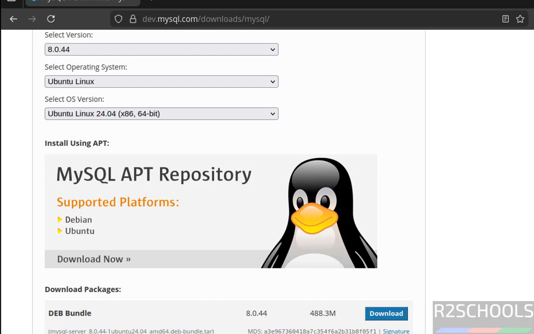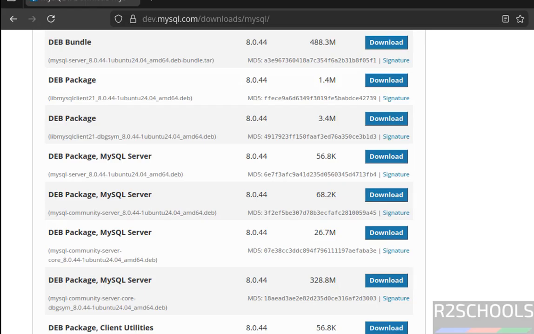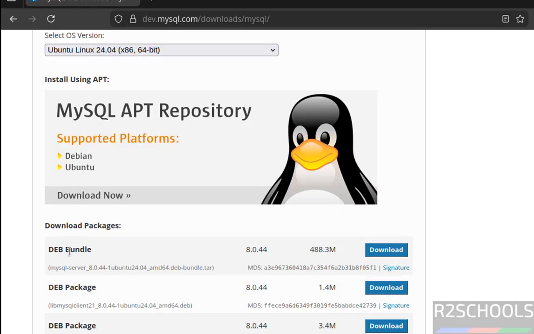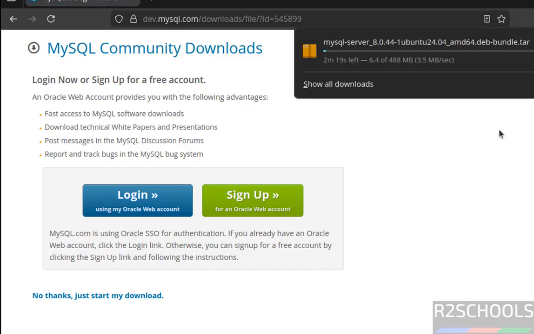See, once we selected the above options, it populated the list of the Debian packages. But instead of downloading each package, just download this deb bundle. Click on download. Then click on no thanks, just start my download. See, download started and its size is 488 megabytes. And it is a tar file. Once download completes, then we will untar the tar file and we will install MySQL Server 8.0.44 on PopOS 24.04